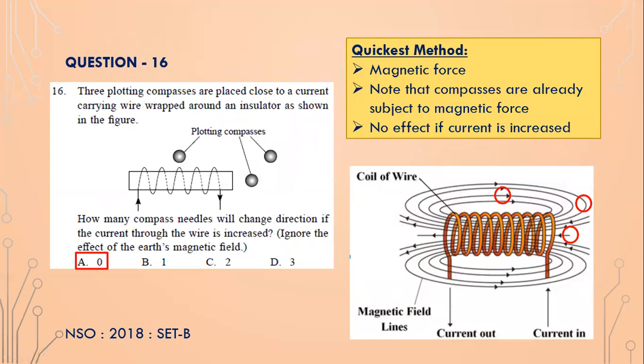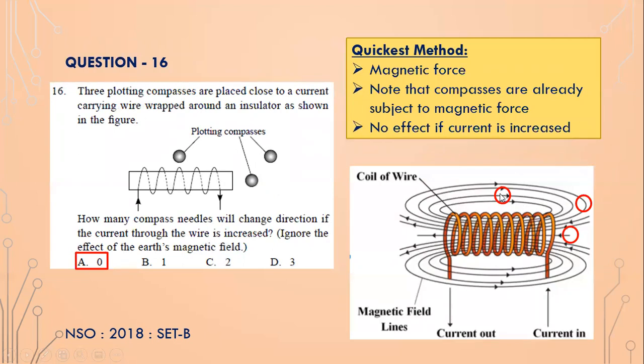3 plotting compasses are placed close to a current carrying wire wrapped around an insulator as shown in the figure. How many compass needles will change direction if the current through the wire is increased? Note that the compasses are already deflected because the current is already passing. Now, even if you pass more current,